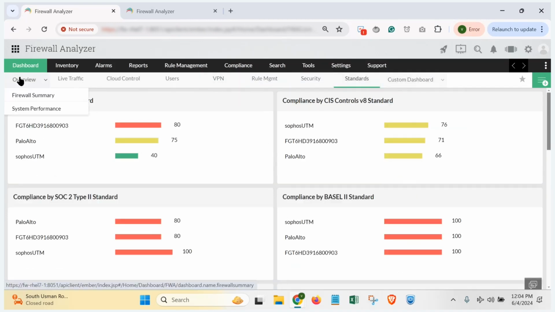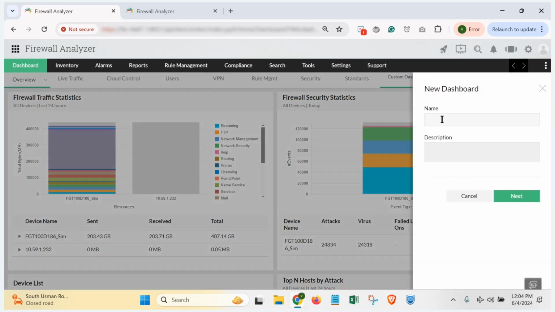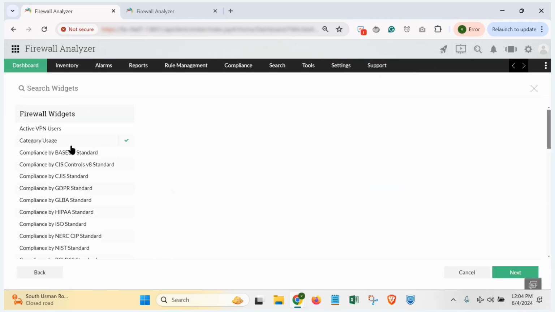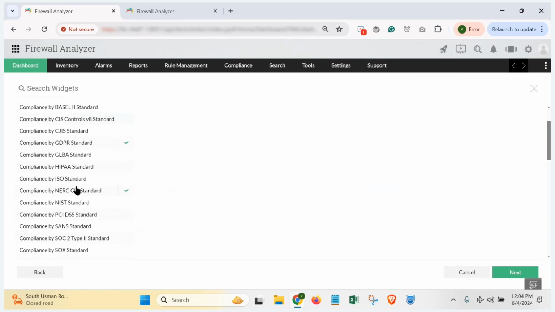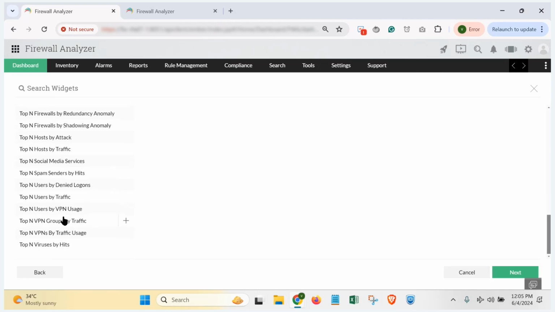In case you want to create your own customized dashboard, that is possible as well. To do that, you go to custom dashboard, click on create new, give this new dashboard a name, and choose the widget. A widget is each section that has the data that you want. So choose any number of widgets that you want. Once you're done with that,